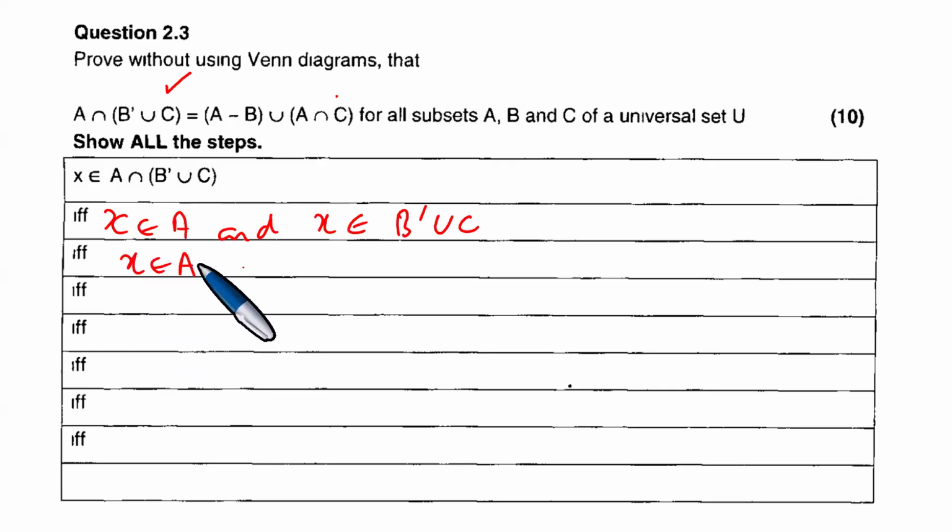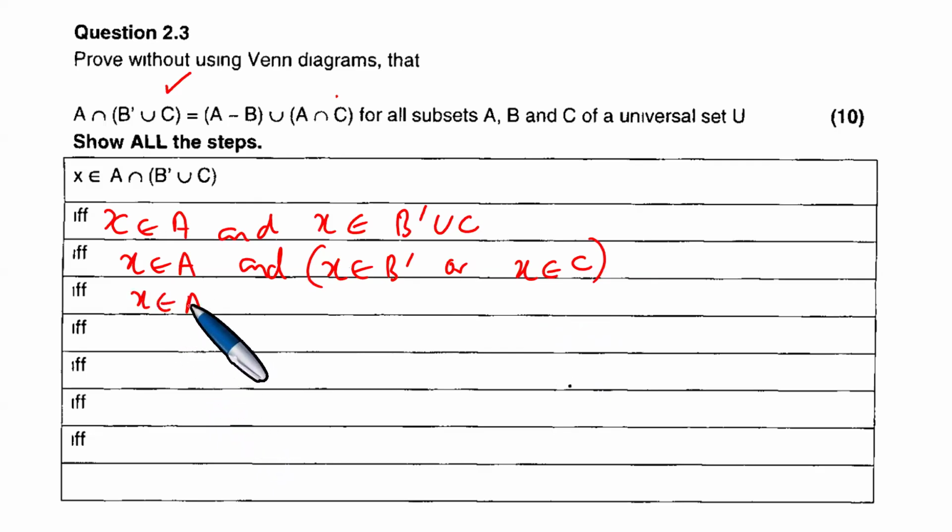This means X is an element of A, and X is an element of B complement, or X is an element of C, like so. And this would mean X is an element of A, X is not in B, right, X is not in B,